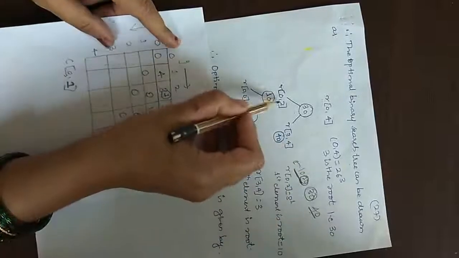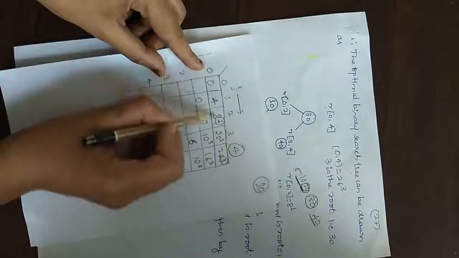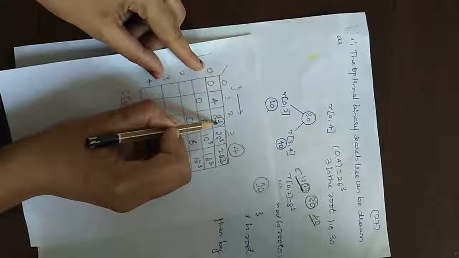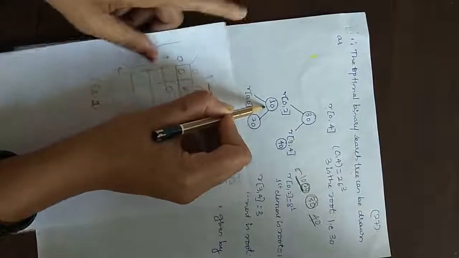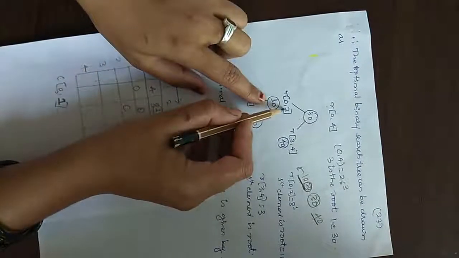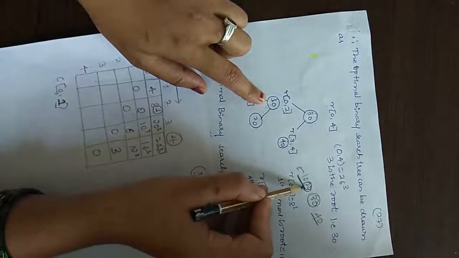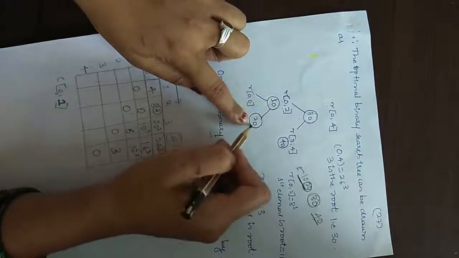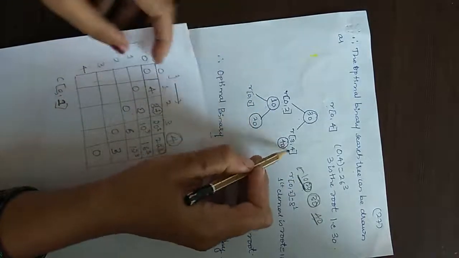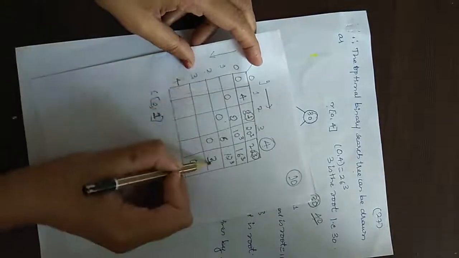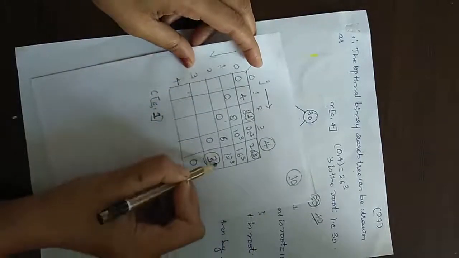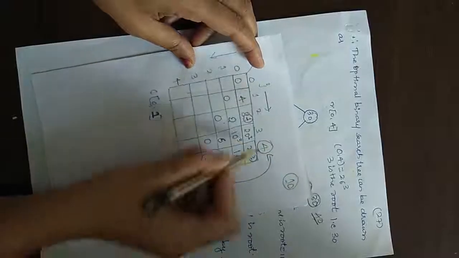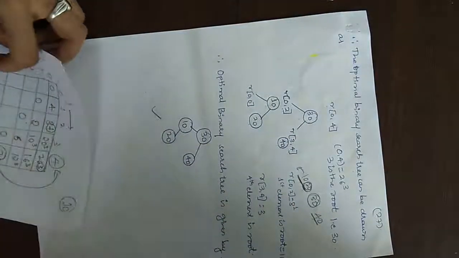Okay, so let us go for 0 comma 2. For 0 comma 2, 1 is the root. 1 means 10 here. So which elements are remaining now? 10 is over, and 20 will come on the right side because it is greater. Then here 3 comma 4. The value is 3, but the root node is 4 here. 4 means 40. So just substitute, and this is the optimal binary search tree.